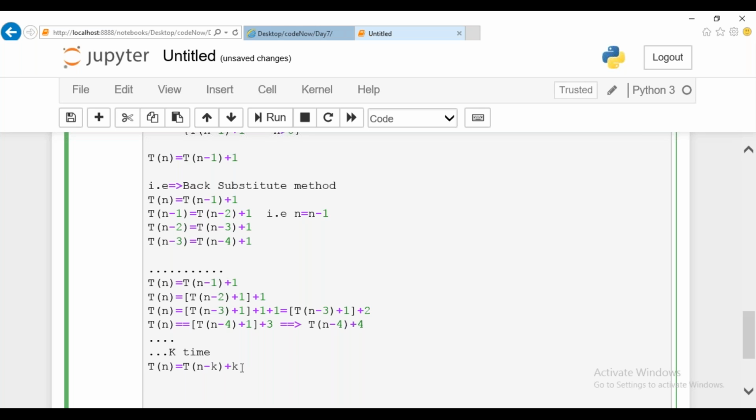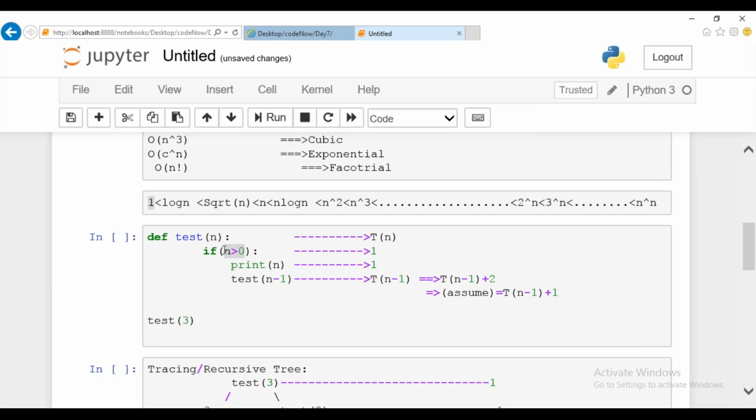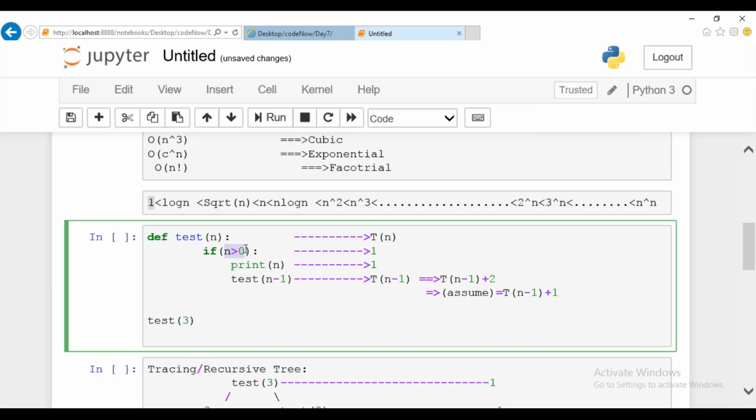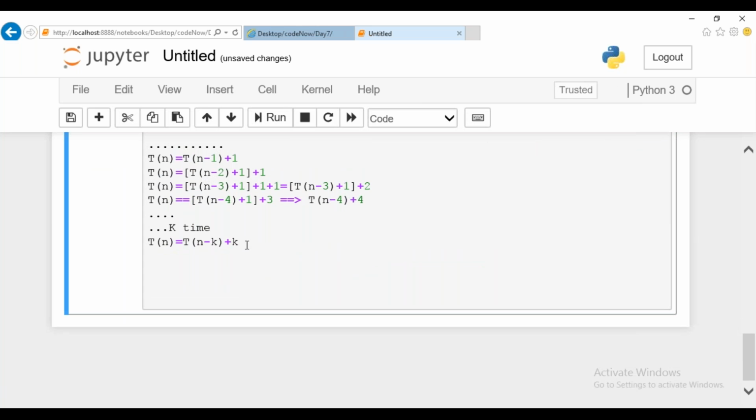Now we are going to solve this expression. When does this particular n minus k reach what value? When this loop is executing k number of times, what happens at the end? Your n value will be reaching 0, right? The k point is nothing but until it reaches 0. So k is reaching 0 to terminate.